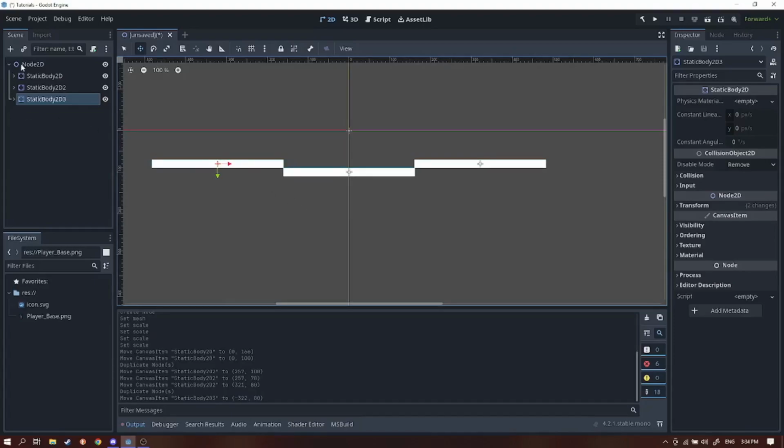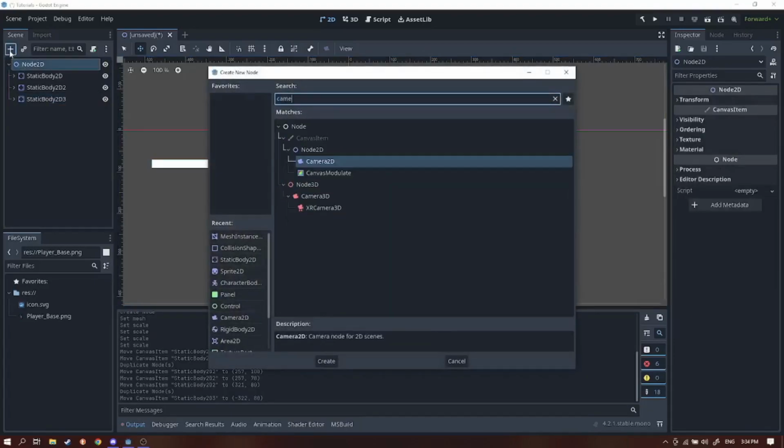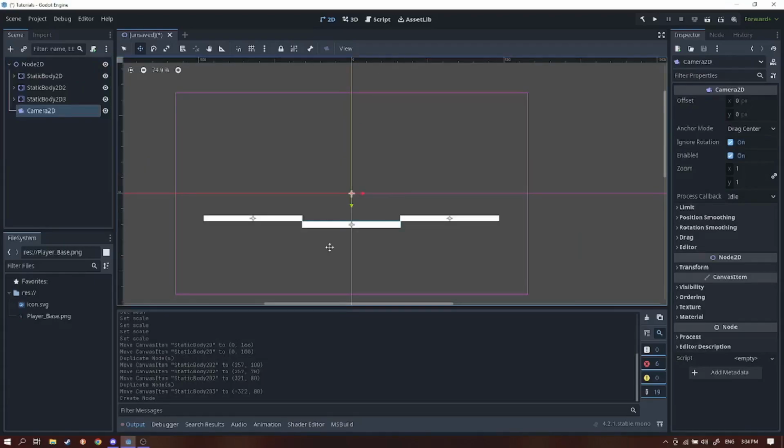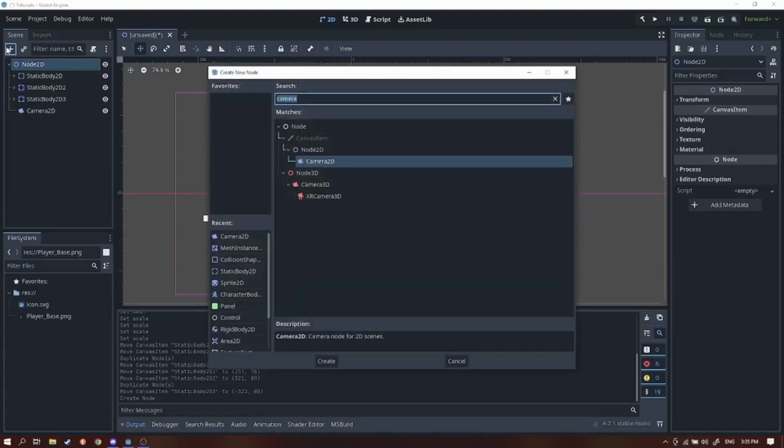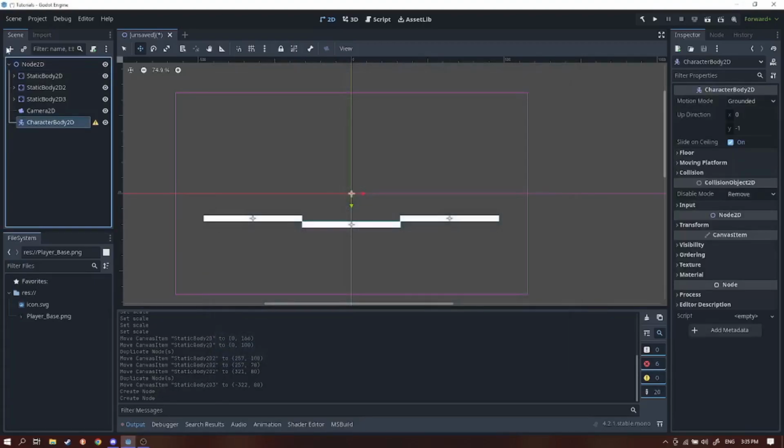After that, we need to be able to see the world when we play the game, so create a camera 2D. After you've built an environment for the player to run around in, we want to set up the player node. Let's start by creating a character body 2D. Then, to be able to see the character, you can either create a mesh instance 2D and set its mesh to a capsule,